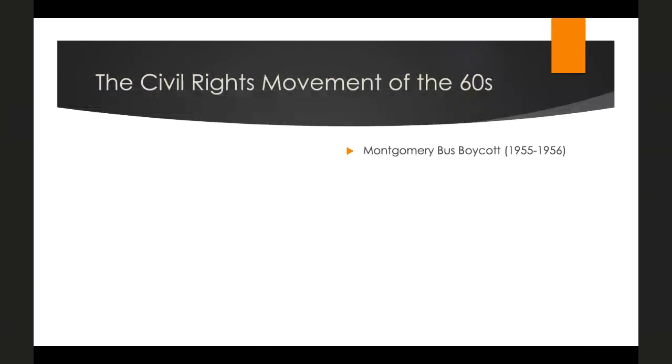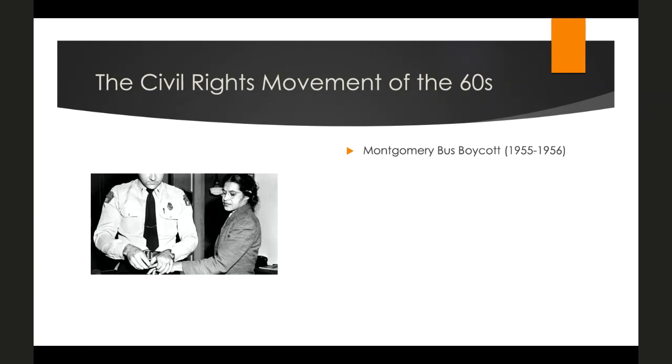Additionally, in the 50s, setting up the civil rights movement of the 60s, which we are probably more familiar with, is the Montgomery bus boycott from 1955 to 1956, beginning on December 5th, 1955, in which Rosa Parks, an African-American woman, was arrested for refusing to surrender her seat on the bus to a white person. And this lasted an entire year until a federal ruling in Browder versus Gayle took effect, which desegregated